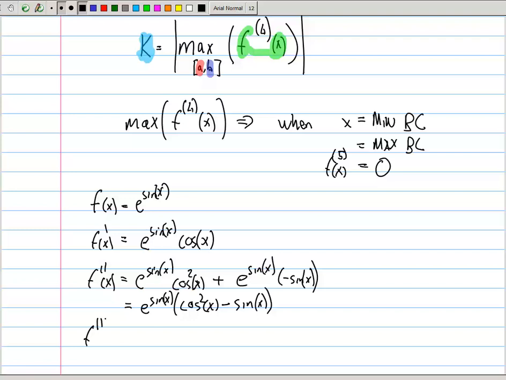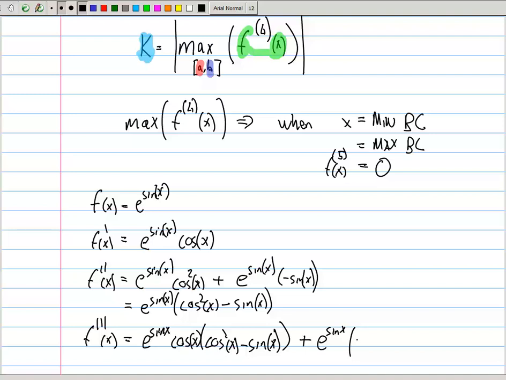Let's go f triple prime of x. This is where we start to get a little bit messier, but it's still fine. We have e to the sine x, chain rule it, cos x, multiplied by, now we're going to multiply by the raw value in here, which is going to be cos squared x minus sine x. That's f prime g, where f is on our left, and g is our cos squared x minus sine x, plus, and now we have f g prime, or g prime f, which is going to be e to the sine x,